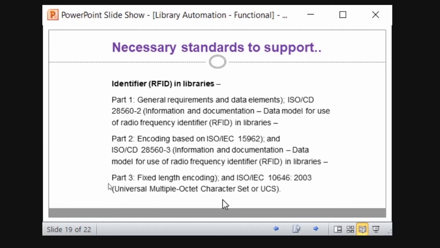In a simple way to explain RFID, I hope everyone might have visited a supermarket, right? In the supermarket, every product is tagged, and there will be an antenna.